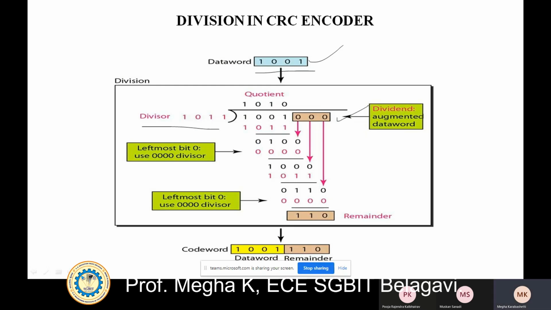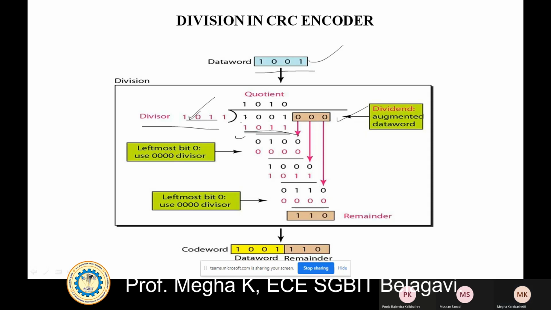In the first step, what happens? As the leading bit is 1, the division will start from this. If it is 1, then multiply the divisor with 1 and write the data here. Normal division is done here. I'll write 1 as the quotient. Multiplying the whole divisor with 1, I'll write it as 1011. Now I will perform the XOR operation. In division we normally perform subtraction, but here we do modulo 2 division, using XOR logic.